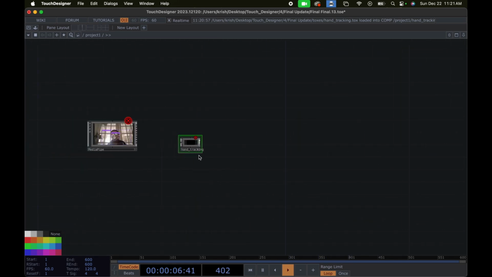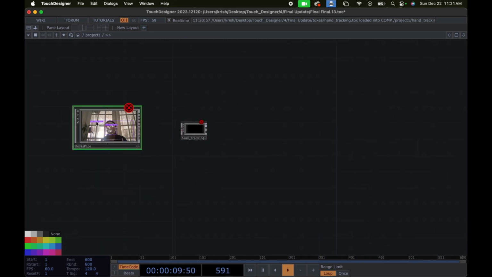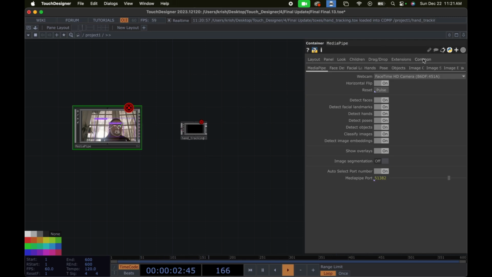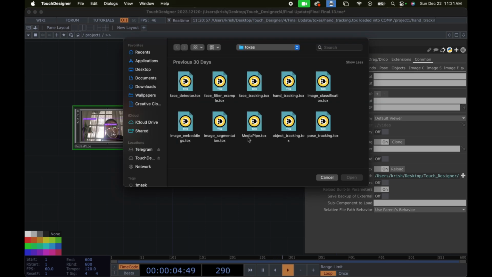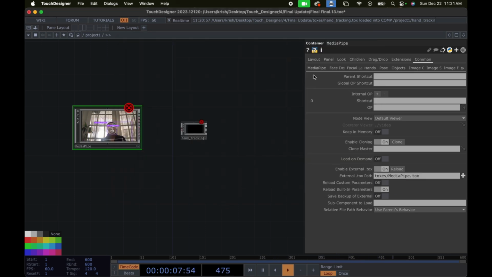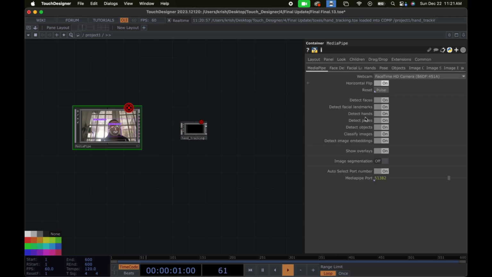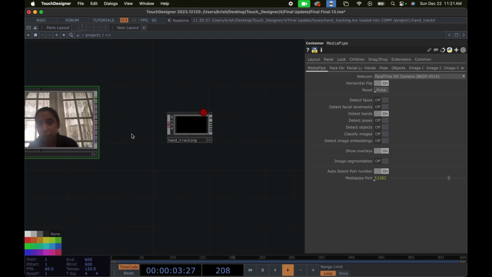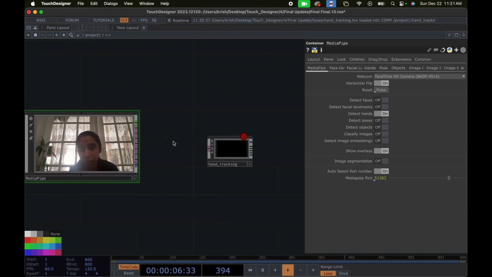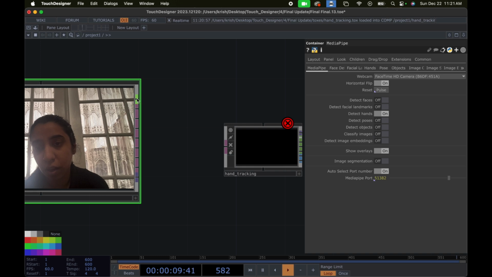Once you have both of these TOXes here, select the MediaPipe container, and in the Common page go to Enable External TOX, turn it on, and then select the path for the MediaPipe TOX, and then go to MediaPipe here. As we only need to detect our hands, we are going to turn off everything else. So yeah, that's it. And then we have to connect this TOX to our hand tracking TOX, and